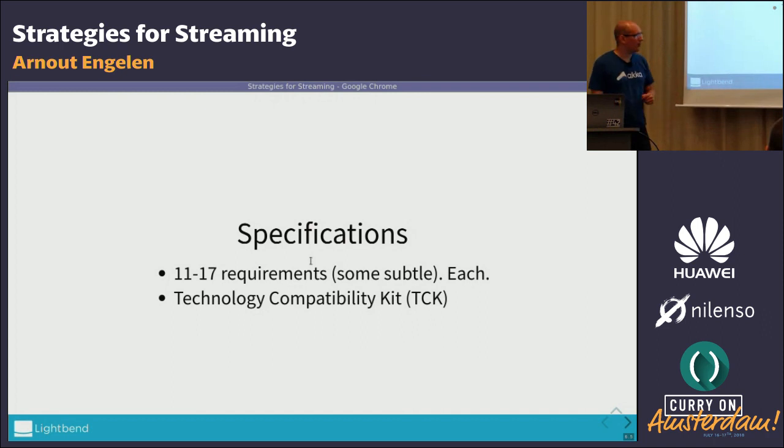And it's not so simple to create a program that actually correctly implements all these interfaces. There is a TCK that can help you to check your implementation, but really these interfaces are meant for library authors.